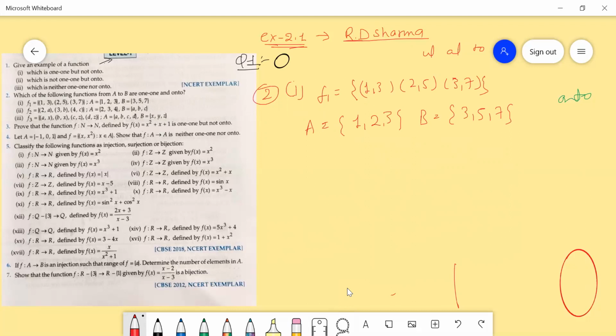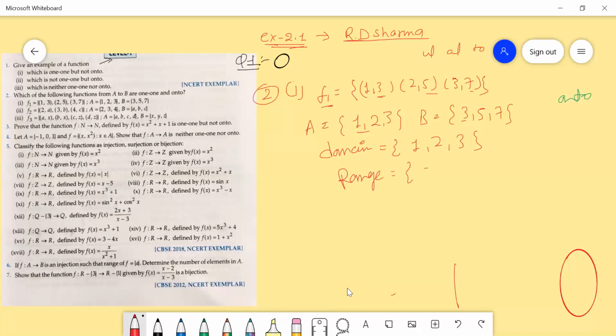So when we find the domain and the range, the domain is 1, 2 and 3, and the range is 3, 5 and 7.